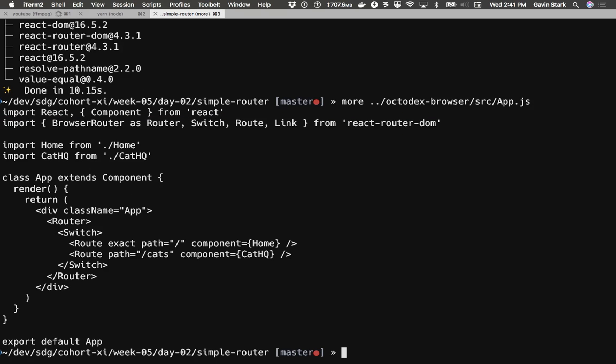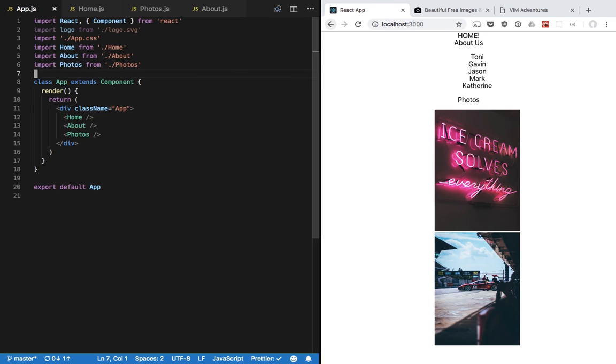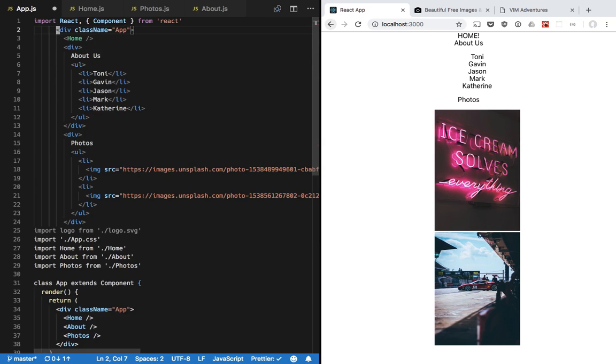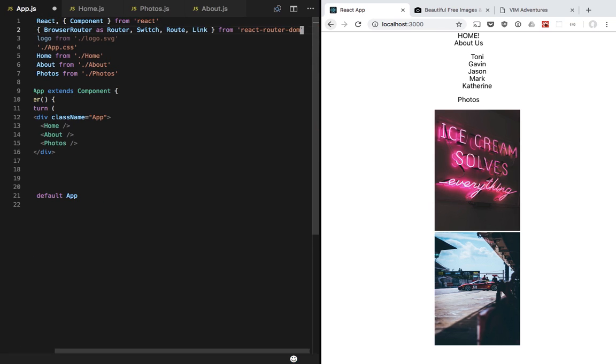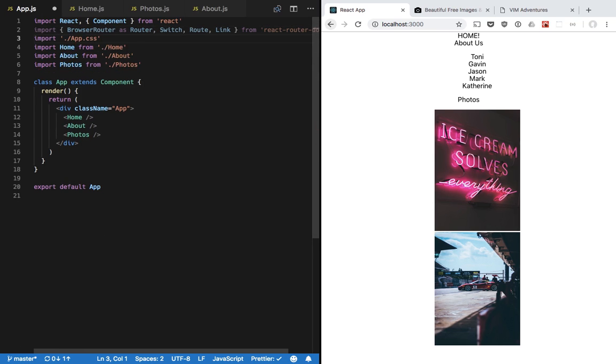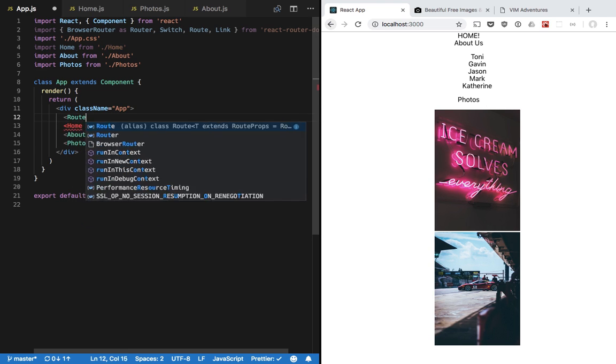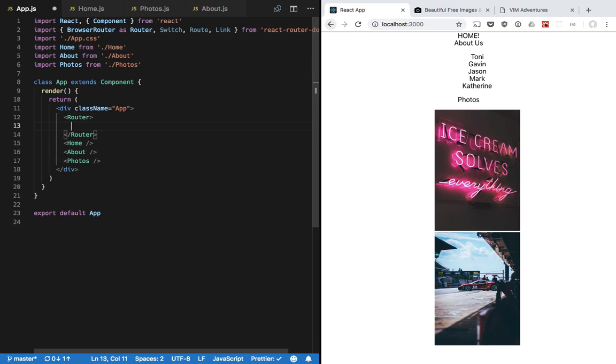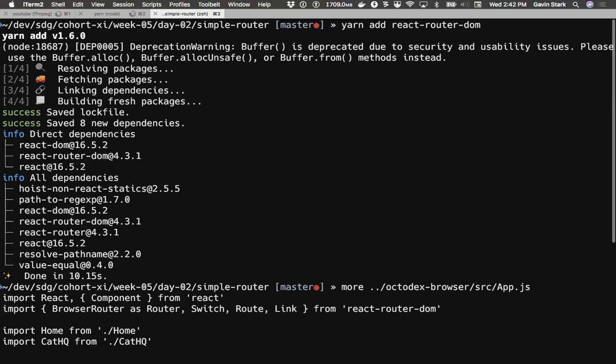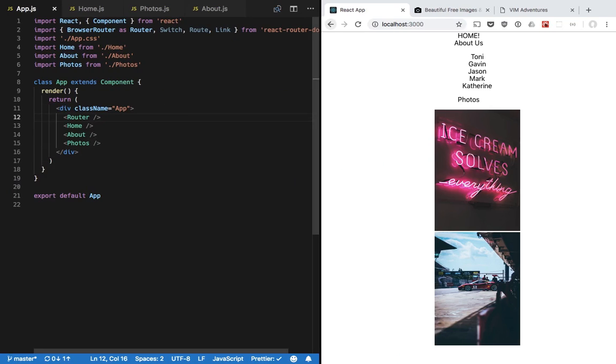And then this little boilerplate thing is what we need in order for us to have all these bits. So we're going to import the router, a switch, a route, and a link. We're probably not going to use all of them. Let's see. So around our app, we're going to have our one router. This was my mistake from earlier today. Is it yarn React Router DOM? Yeah, yarn add. Yep. So if you say yarn add, what that ends up doing, for those of you who want to know,